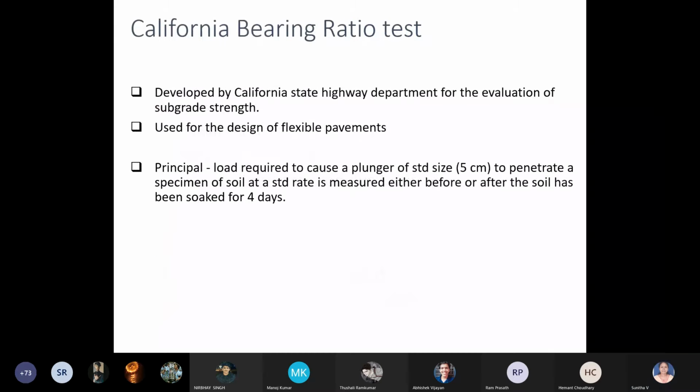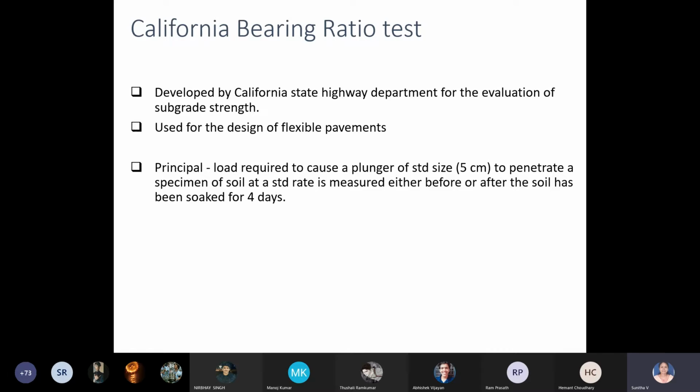Okay. So one of the important parameters or tests which you have to know for road construction or pavement is the California bearing ratio test. As far as flexible pavement is concerned, you require this parameter for finding the design. If your CBR value is less, the thickness of the pavement required is more. If the CBR value of the soil is high, then the thickness of the pavement to be provided above that layer is less. So the CBR value is very important.